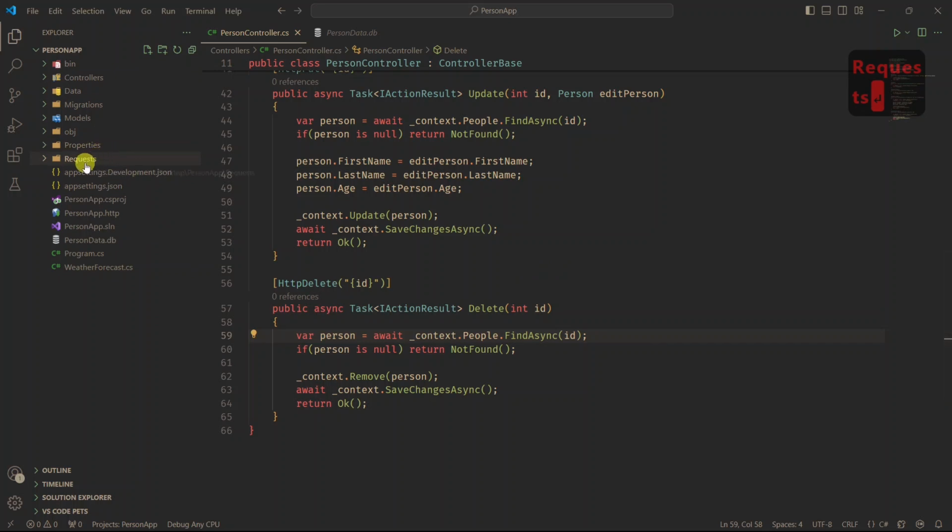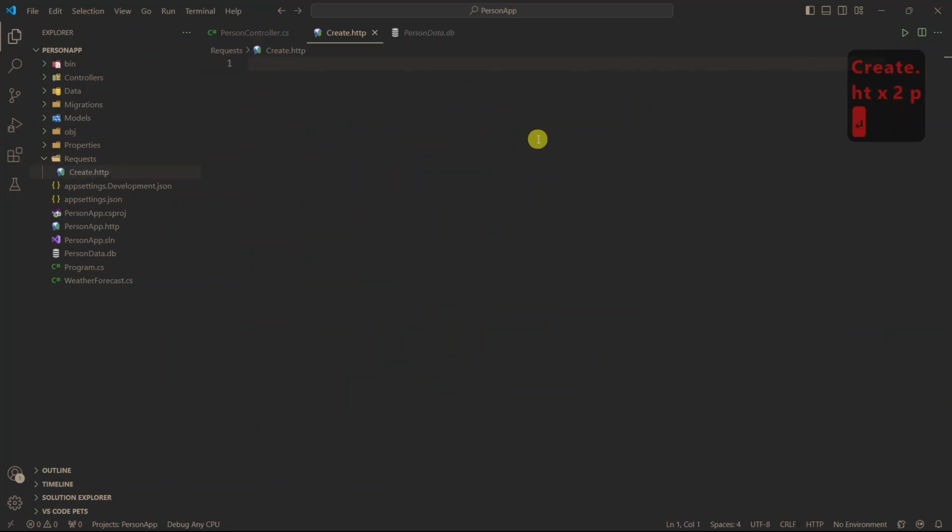And in there, we're gonna create a bunch of REST clients. So let's create one for create.http, and this is how we're going to create our person. Let's copy the